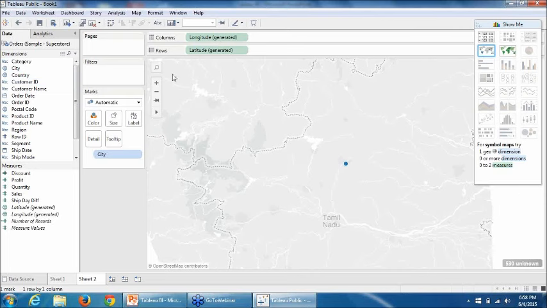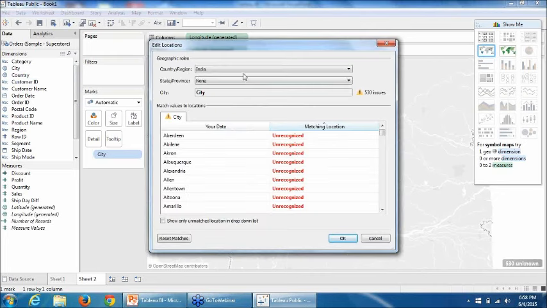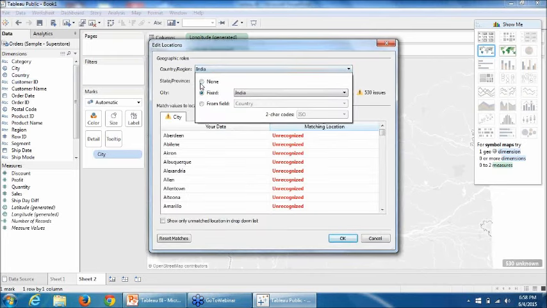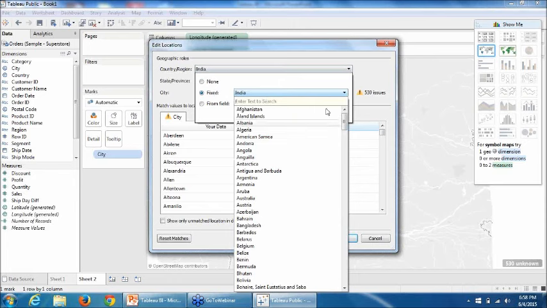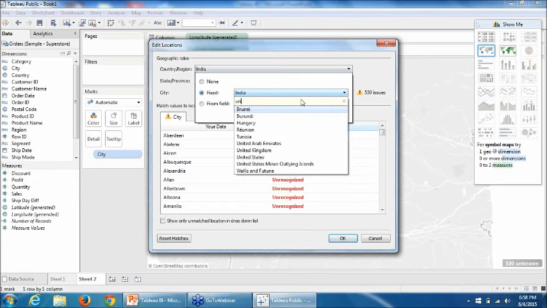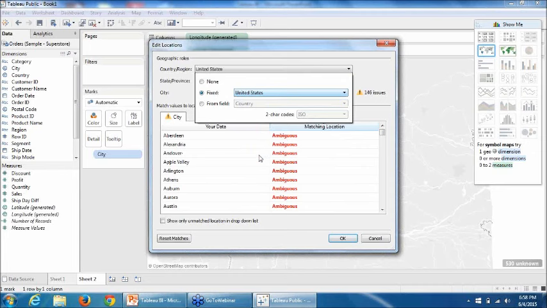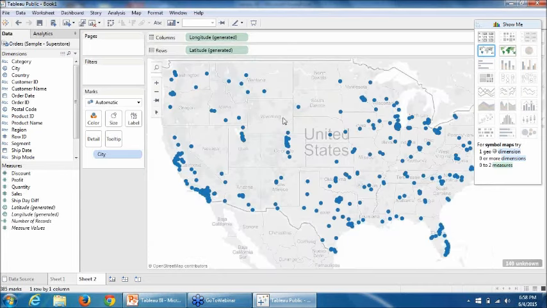Okay, now the geography that I am in right now is India, but the data I have is from the United States, so I'll have to refer to United States and click on OK. Now I am able to see the data points on a map.